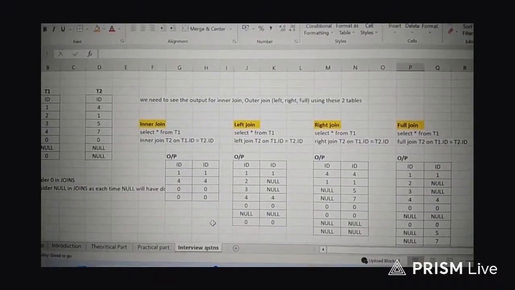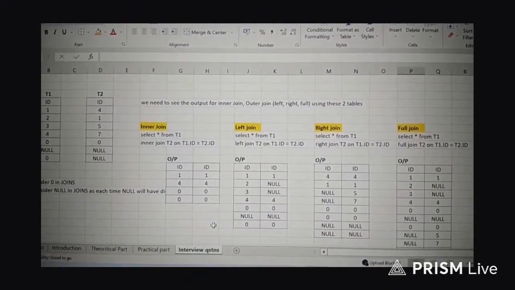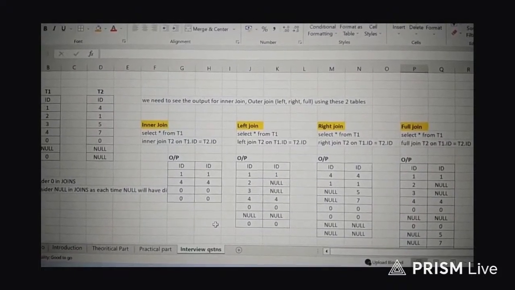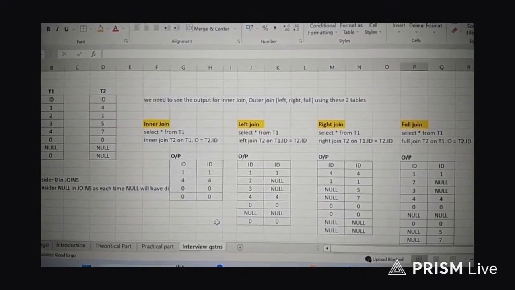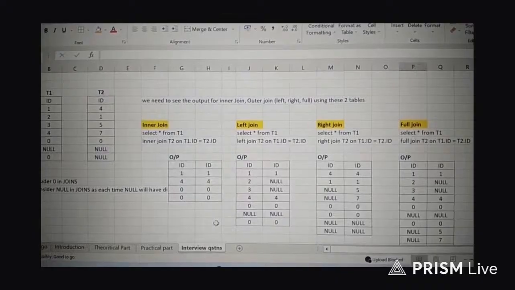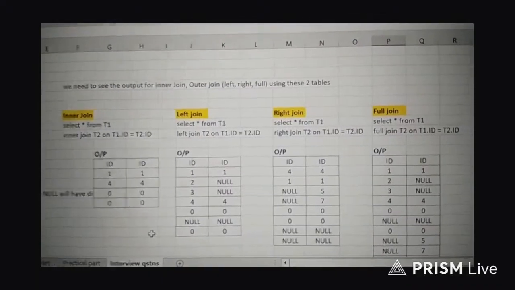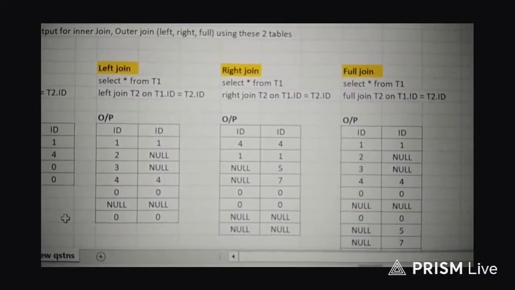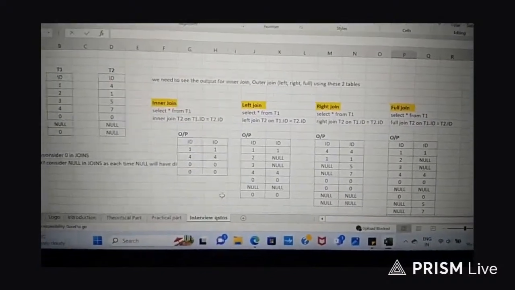Now move to full join, where we can see the inner join output, along with that the mismatch rows from T1, which are 2, 3 and null. And if you see, we are having a null value against 2, 3 and null in the output of full join, and the mismatch rows of T2, which are 5 and 7, and of course 2 times null. And we have a null value for those T2 mismatch values. If you see 5, 7, null, null. So this is how the result is for question 2.